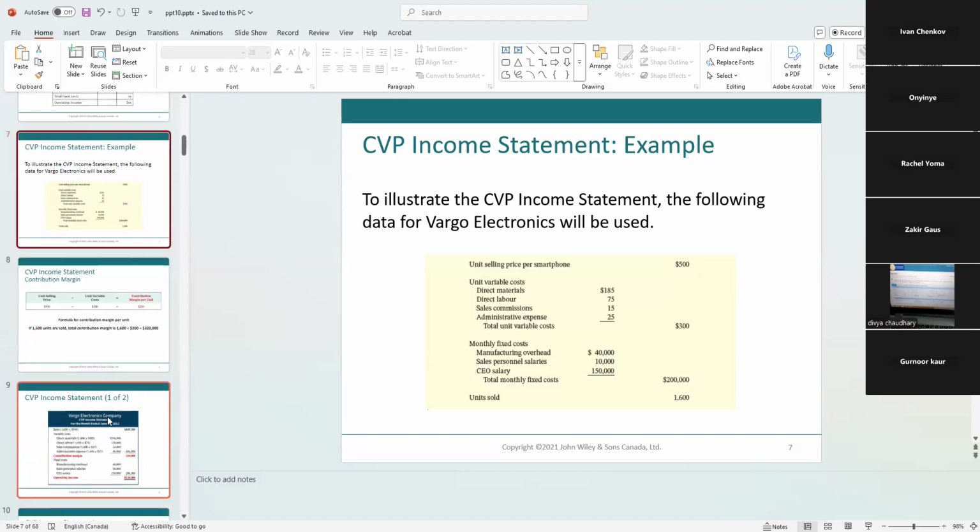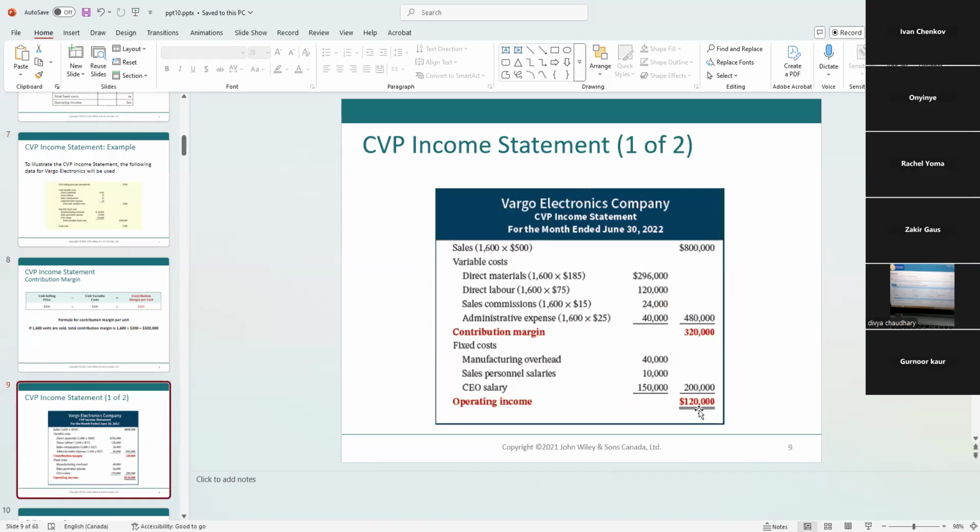Is there any profit left? Yes, there is a profit left. How much profit? $120,000. So this is the confirmation of what I just said. Sales are $800,000. Variable cost is 1,600 times $300 or $480,000. That gives a contribution margin of 320. Why is it 320 again? 200 per unit times 1,600 units. Then we have the fixed cost, $200,000. Contribution margin in this case is more than the fixed cost, and that's going to give us operating income